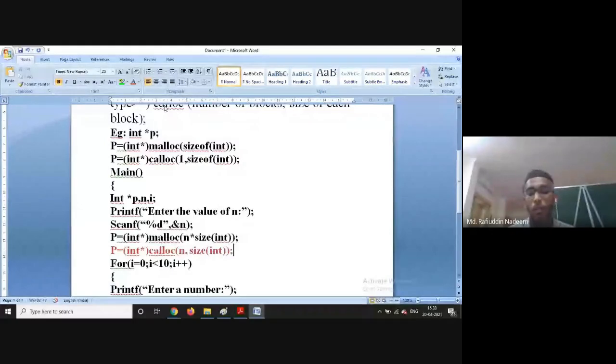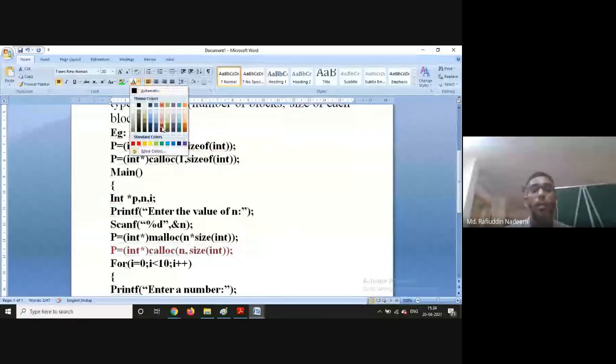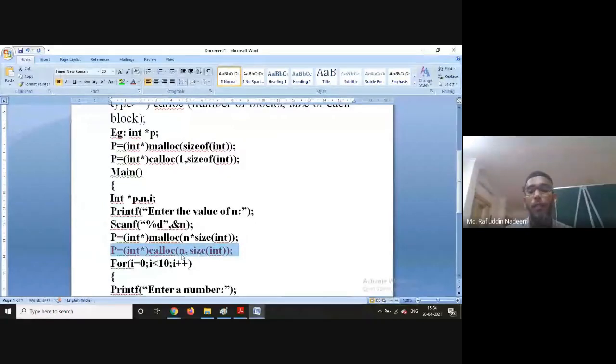The rest is all the same. The only difference is that you give it as two parameters. The first parameter specifies how many blocks are required. The second parameter specifies the size of each block. That is the only difference.